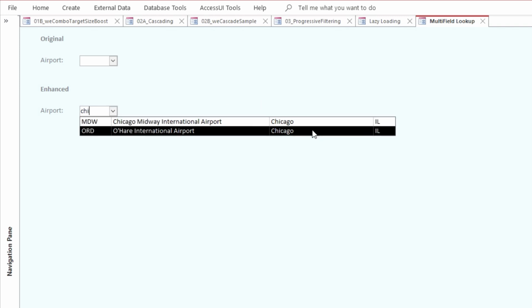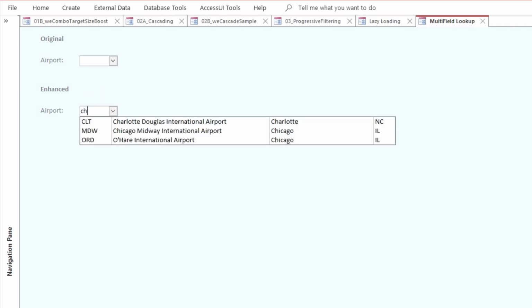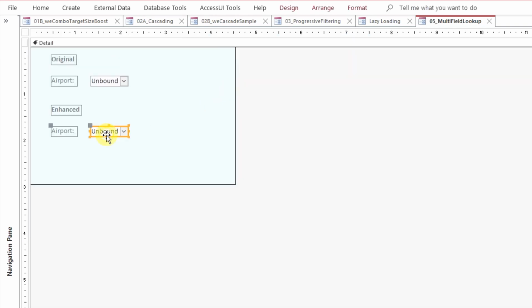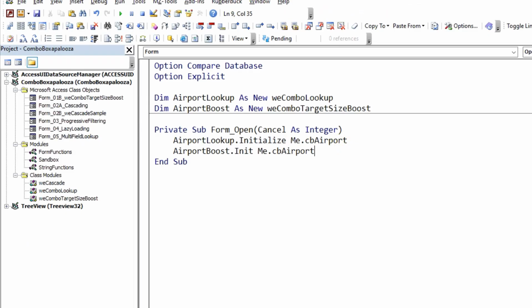So now it finds these two Chicago airports, and now we can press the up and down arrow keys to move back and forth and choose the option there. And this is all the code that's necessary to enable all that. All of the details, all the hairy edge cases that we're handling, are tucked away inside of the class module. We just have to call this once, and actually the second code here is boosting